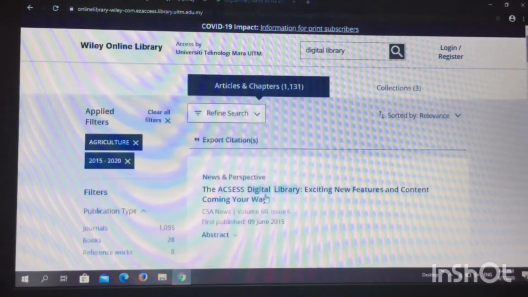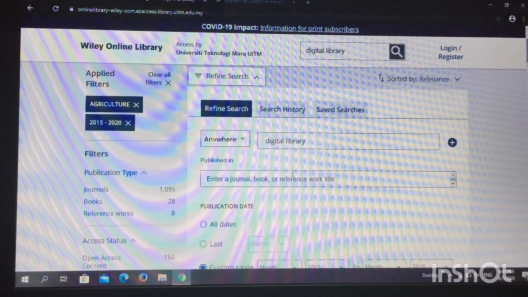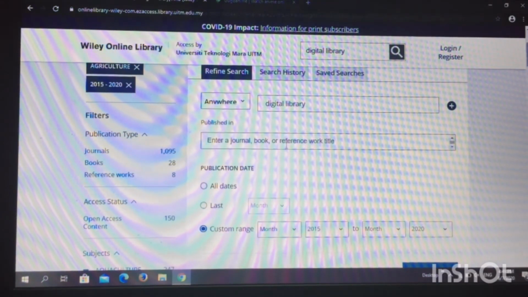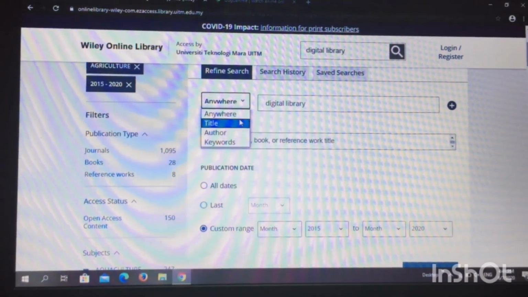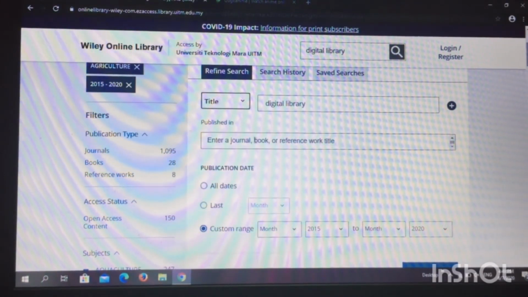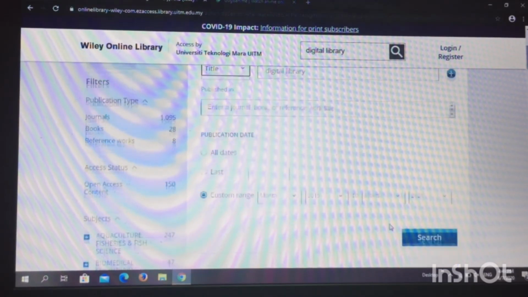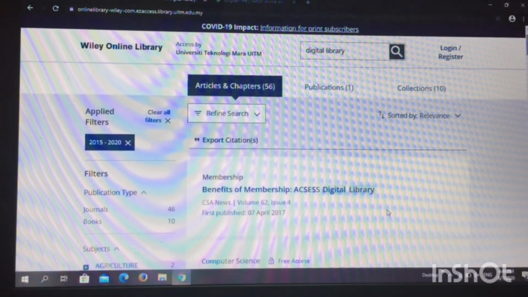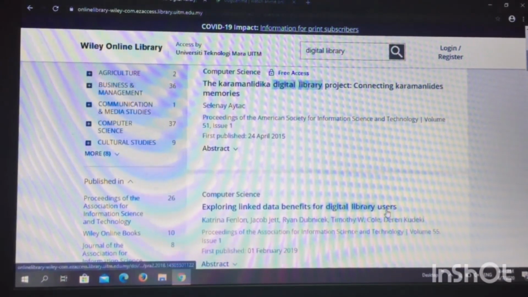Other than that, you can have a refined search. A refined search is much easier to use and faster to search your article. For example, you need to search about a title. You can click the title and you can customize everything here, and you just search. So this is the article that is provided for you,